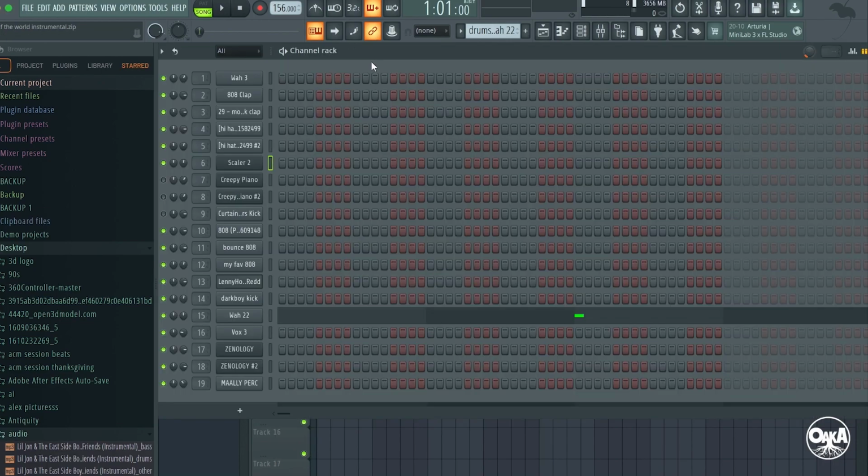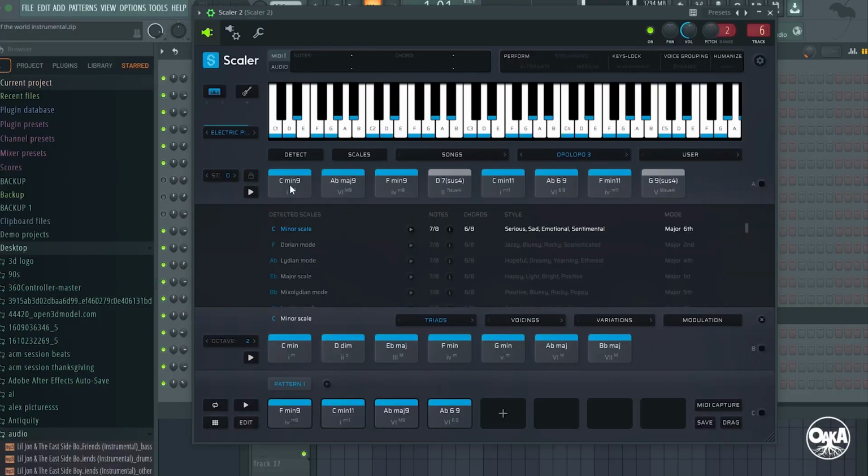So when I started this beat, I loaded up this plugin I have called Scalar 2. And it has a lot of really good chord progressions and chords. And I went through the artist packs and I found this set of chords I really liked. And I just went through all the chords and found some of the chords I wanted to use in the song,